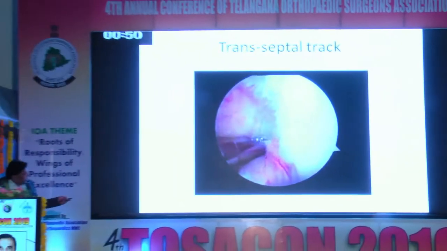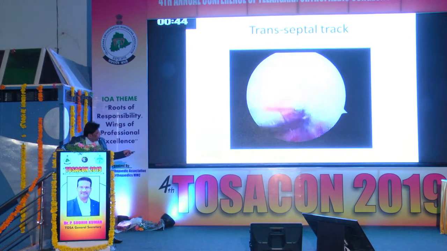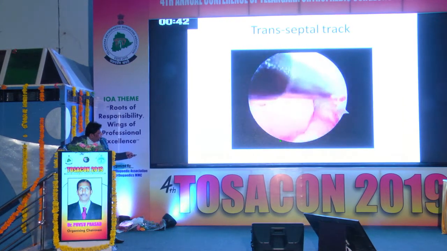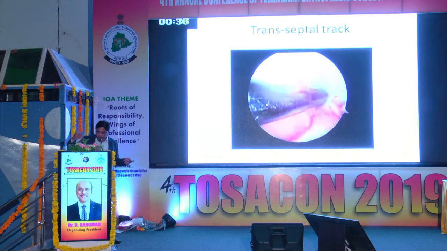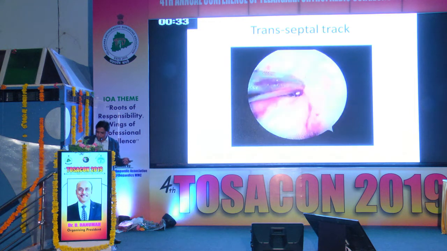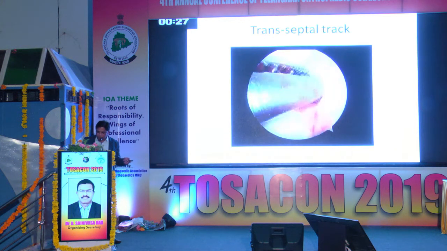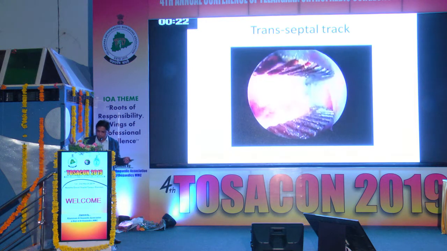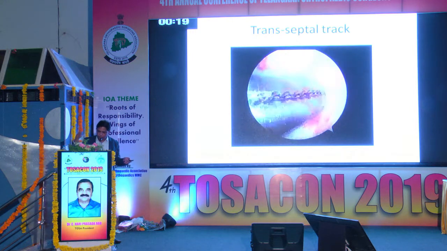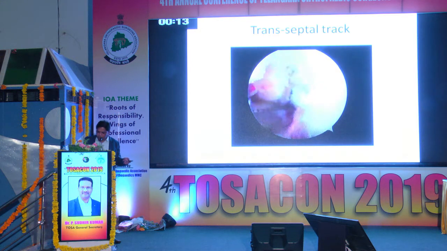This is the ACL that has to be meticulously removed, and you have to get a window here. This is the first window. Another window you can go just medial to the PCL. So this window gives entry to the posterior part of the knee joint. Another trick is here you can take a 90-degree artery and open up after some debridement. The iatrogenic injury is more common. Your shaver should be towards the femur side, not towards the PCL and ACL side. Don't disturb the native normal ACL and PCL while doing the window.